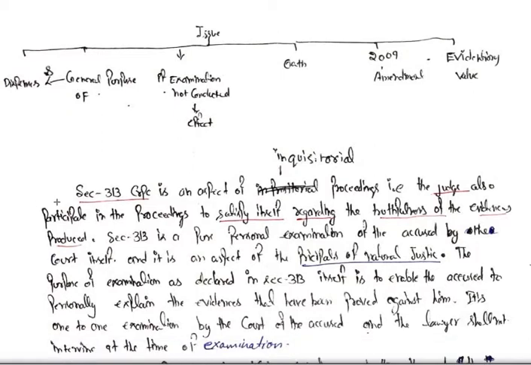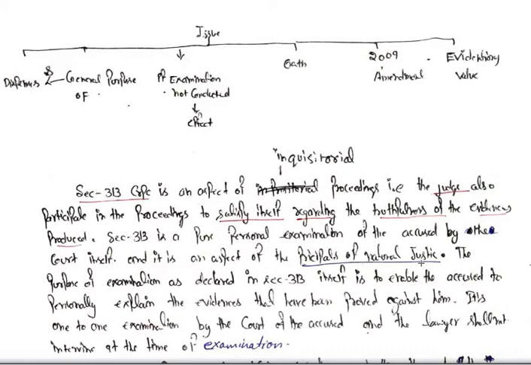So write down: section 313 CrPC is an aspect of inquisitorial proceedings. That is, the judge also participates in the proceedings to satisfy itself regarding the truthfulness of the evidence produced. Section 313 is a pure personal examination of the accused by the court itself, and it is an aspect of the